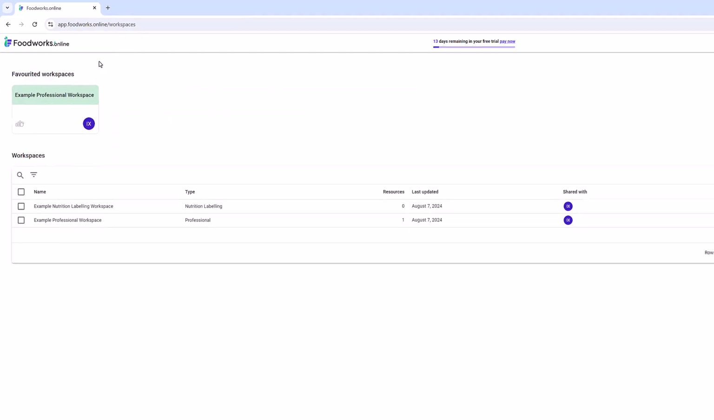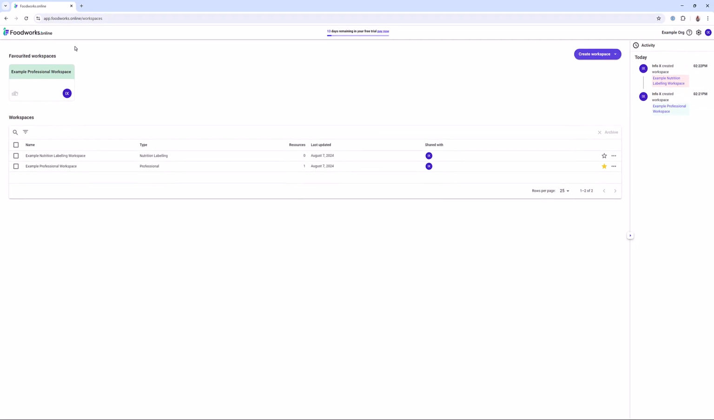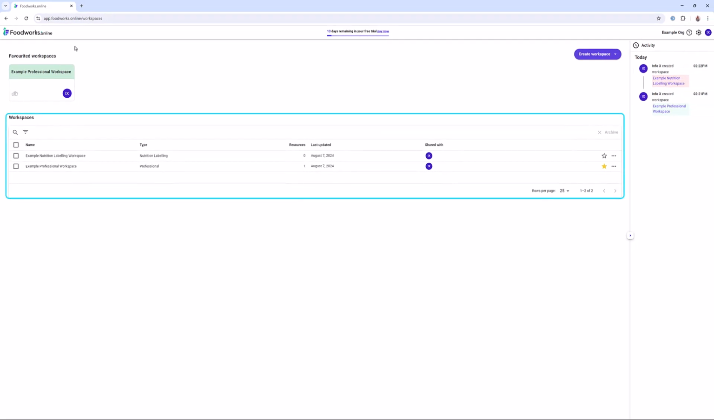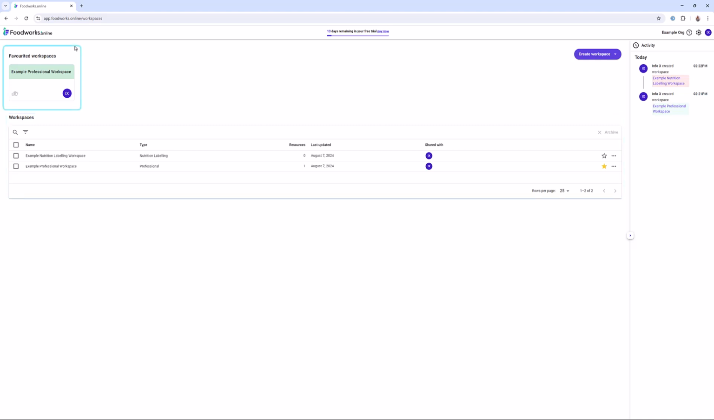navigation pane. From here, you can see both workspaces in the Workspaces table, and as I favorited the professional workspace, it is available in the favorited workspaces section on the dashboard. If I also wish to favorite the nutrition labeling workspace, I can do this by selecting the star in the Workspaces table. Now that you know how to make a workspace, let's discuss the activity logs that are available in